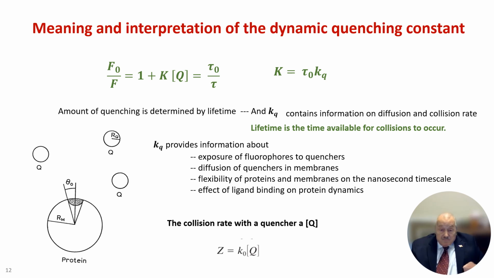So I've written a few of these down here. In addition to diffusion, it would depend on the flexibilities of proteins and membranes. As we've found in many experiments, proteins are highly permeable to oxygen, and it might reveal something about the effect of ligand binding on protein dynamics. So there's information to be had in the bimolecular quenching constant,